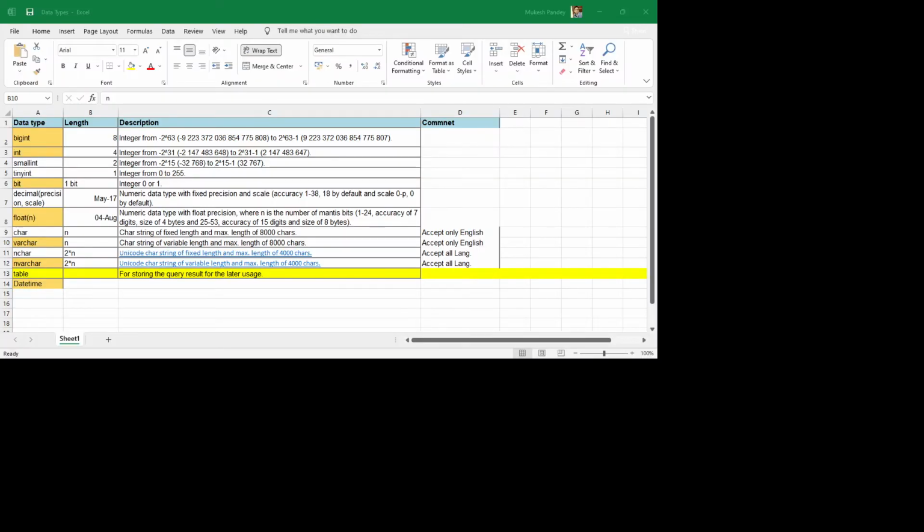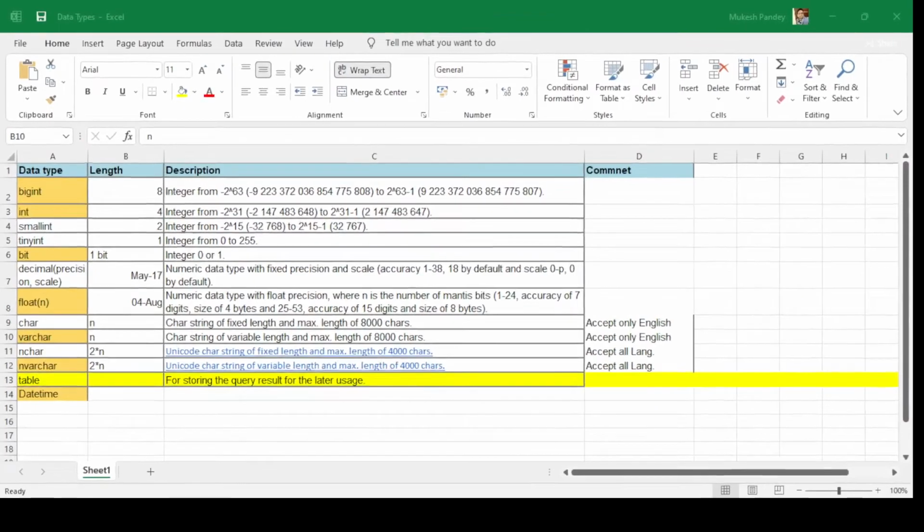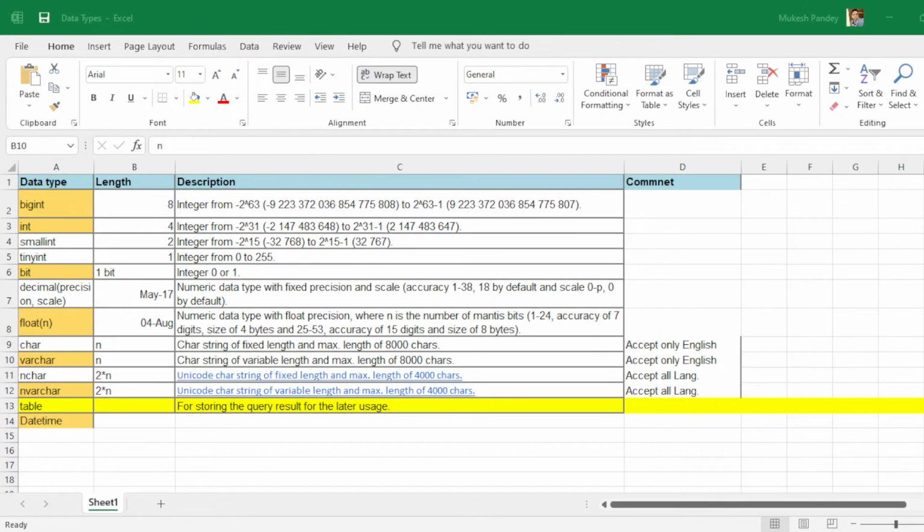Okay, so whenever we work with any programming language, we need to tell the SQL engine which data type I'm going to use to insert the value into the column.